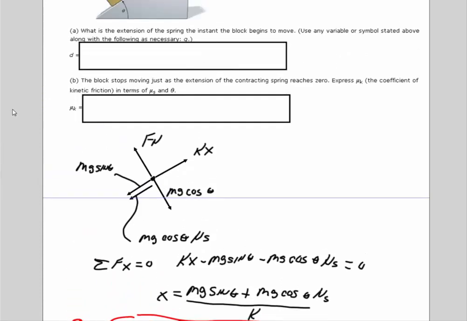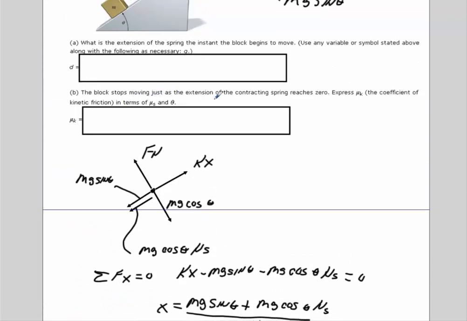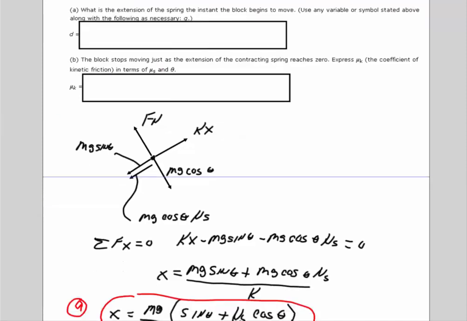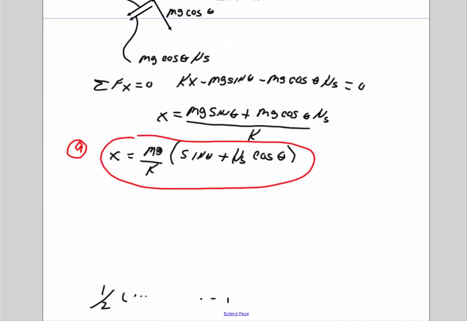Alright, now part B is a little different here. It's going to be an energy type problem. It says the block stops moving just as the extension of the contracting spring reaches 0. Express mu of k, the kinetic coefficient of friction, in terms of mu of s and theta. So what we're going to do here, and again let me get rid of this because we worked this earlier,